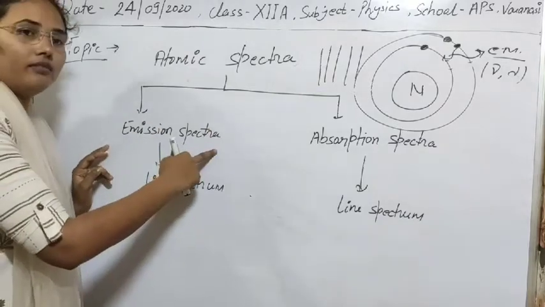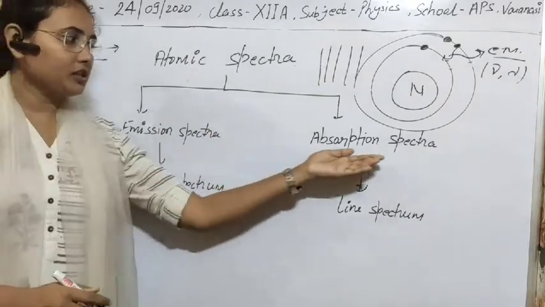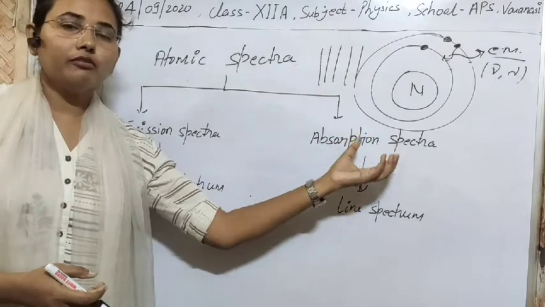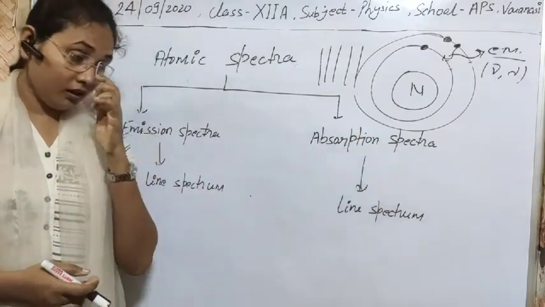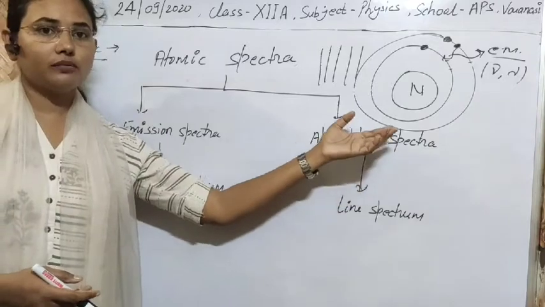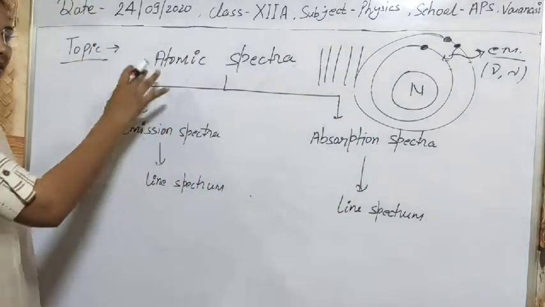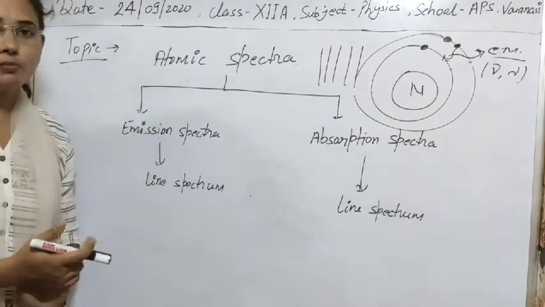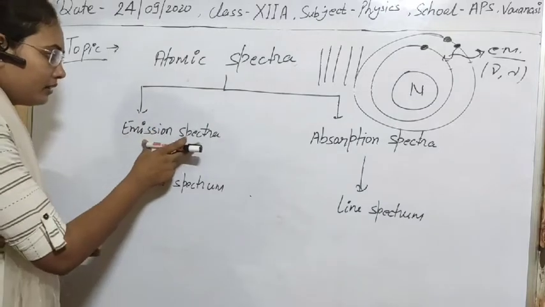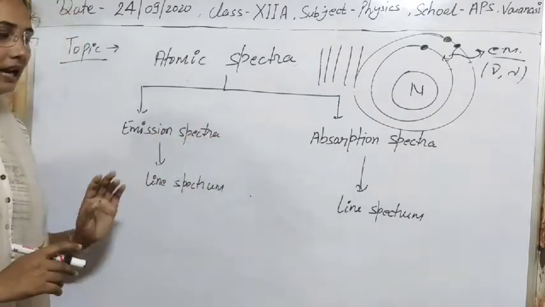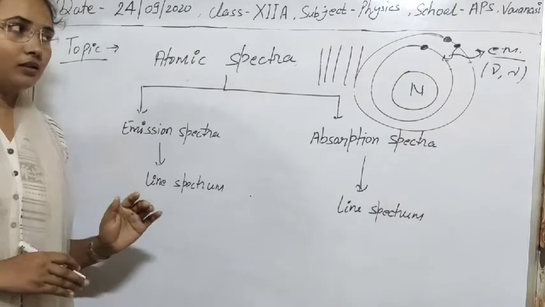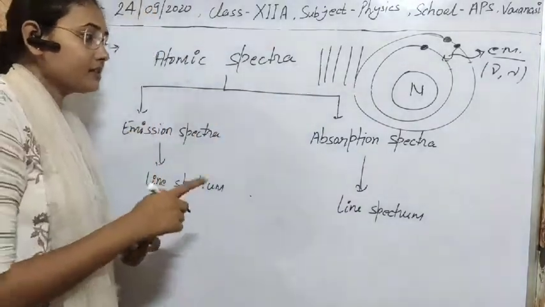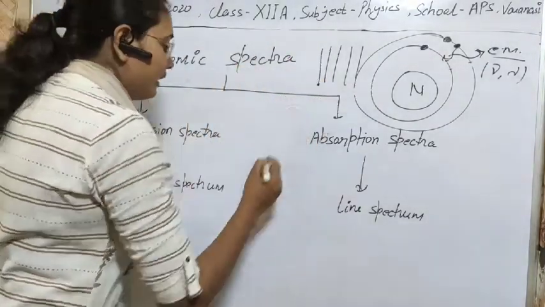I think now it's clear what emission spectra and absorption spectra are. In most atoms we always get emission spectra. Absorption spectra is obtained in very few cases, and only for very few wavelengths. In the hydrogen atom, absorption spectra is also observed. I will tell you later. But first, come to the concept of spectroscopy and what a spectrum is. Spectra are also of two types, line spectra and band spectra. Line spectra means the wavelengths or frequencies are of definite values, like this form.